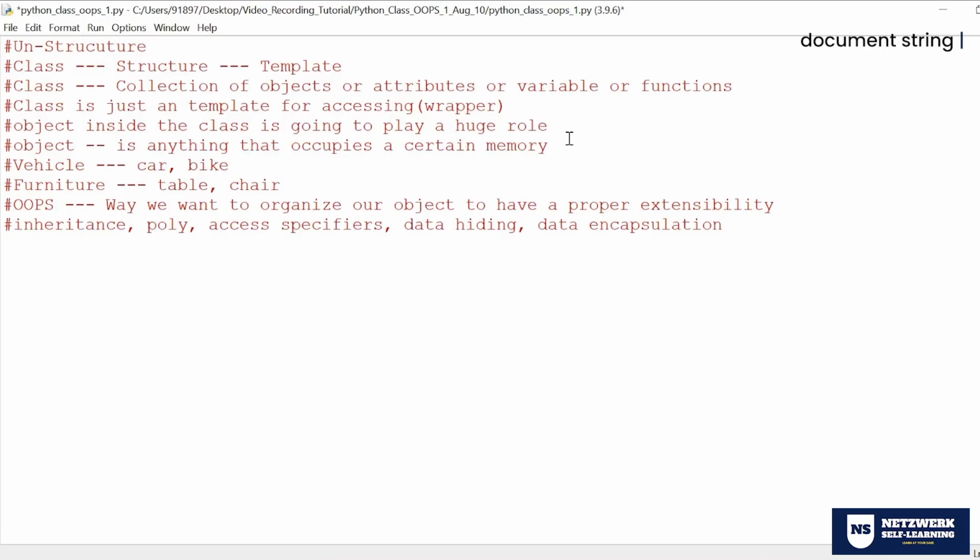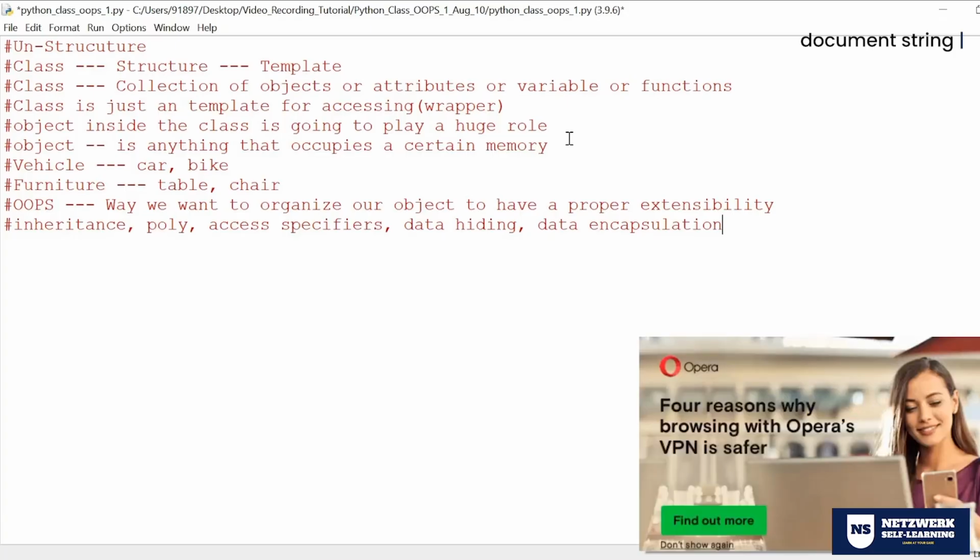As I mentioned in this particular slide, there are two kinds of class: one is bounded, another one is unbounded. What is unbounded? The class without any constructor is called unbounded. That is what we usually worked with in the older versions of Python, without a constructor. And currently, the concept that everybody is seeing is the bounded one. Bounded means using the constructor. So there are basically two ways you can use a class: one with a constructor, another without a constructor. That is the actual difference.